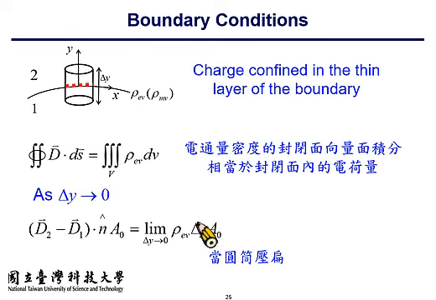We will use Gauss's law of electrical field. As you can see here, this is the integral form of Gauss's law of electrical field. The left-hand side is the closed surface integral of electrical flux density, while the right-hand side is the volume integral of electrical charge, which means the total charge confined in this closed surface, 也就是这一个封闭面里头所包含的电量总和。